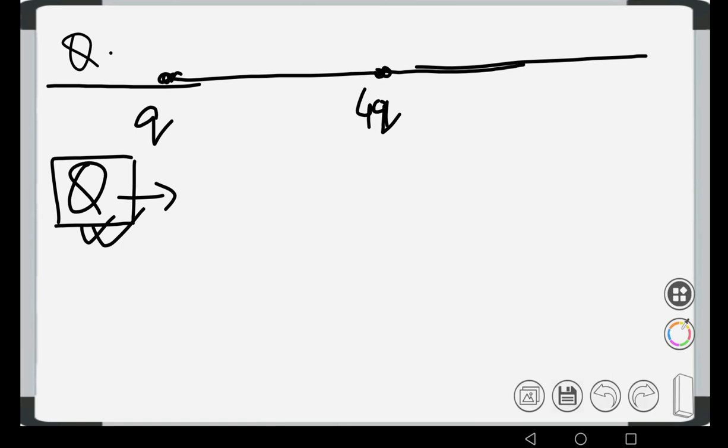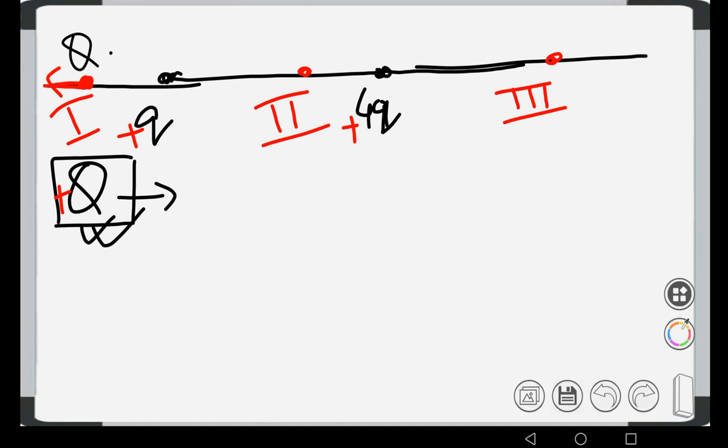So we have three regions in which we can keep the particle. Let us denote them by region 1, region 2 and region 3. In region 1, since there is no sign given for either of the charges, let us assume that all of them are positive. If we keep capital Q in region 1, we can see clearly that capital Q will experience the two forces in the same direction, and hence the net force on capital Q cannot be zero. So we cannot keep capital Q in this region.